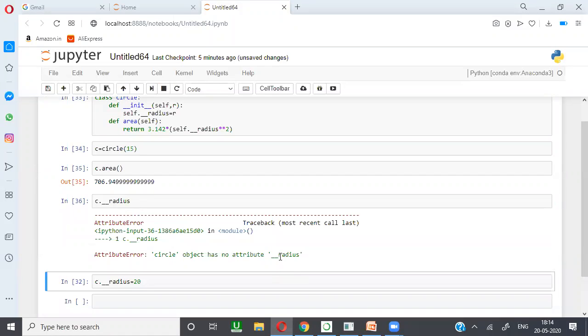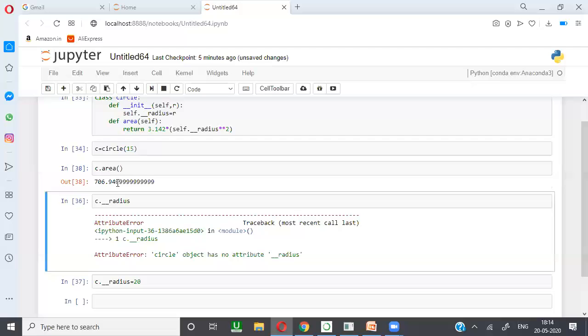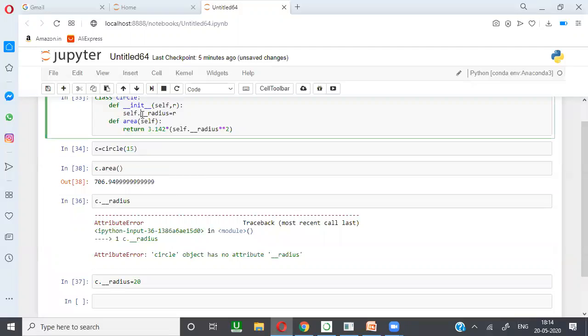It says no attribute. And if I try to change it, it doesn't give an error, but it will not be affected. For example, you can check here, it is getting 706 only. So to restrict, we can go with double underscore.